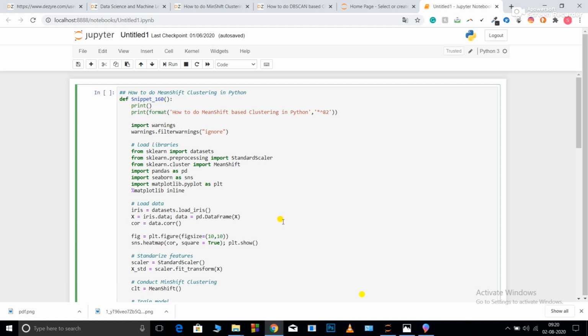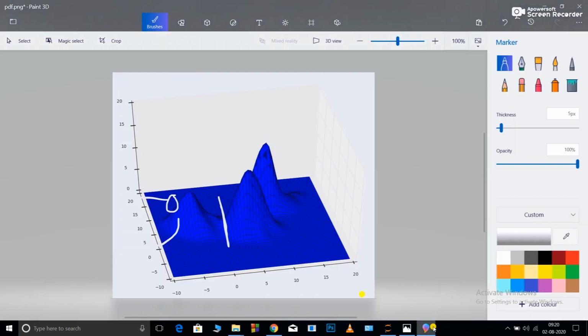The bigger your radial kernel is, the more distance it can travel at a time. So consider my radial function is not this big, but it is this big.